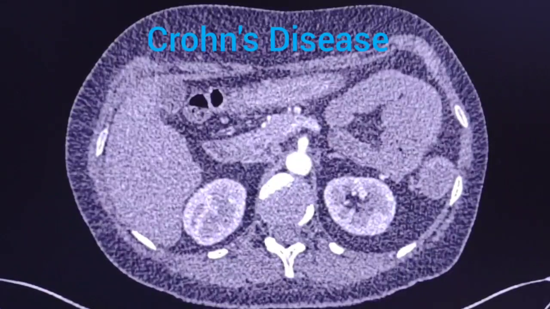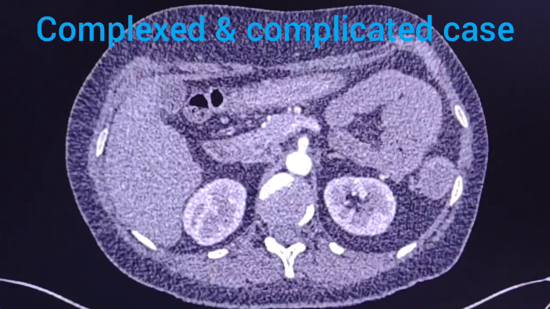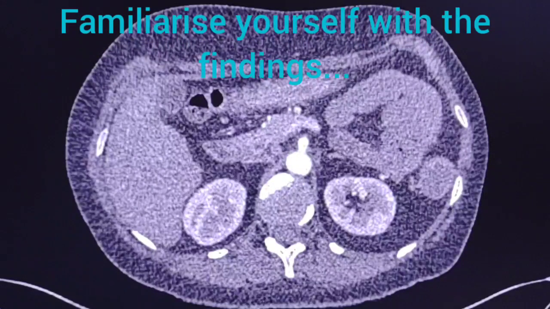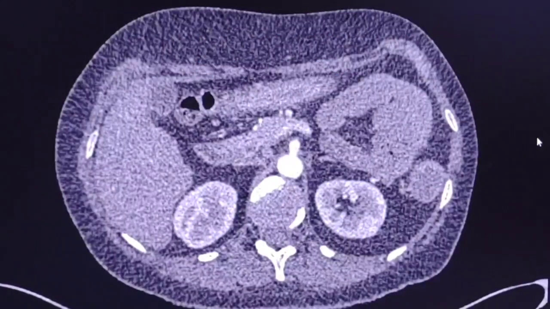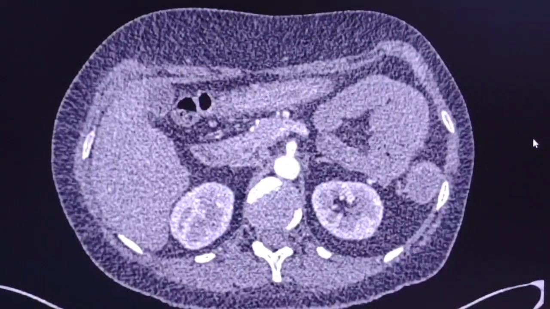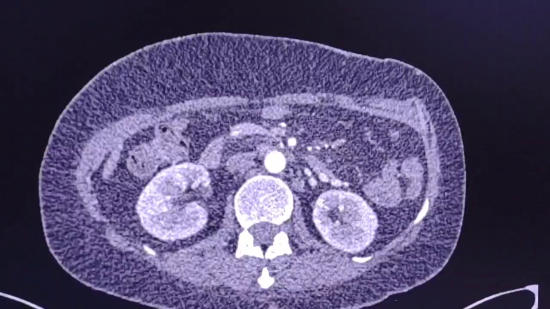Hello dear friends, this is a complex case but also a very interesting case of complex Crohn's disease. This patient is a 47-year-old lady with a complex history of Crohn's disease, previous surgery with partial resection of the small bowel and part of the large bowel, and we can see first of all the